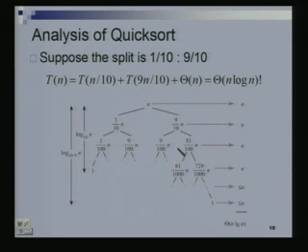Here, the fraction 9/10 of the largest will be the largest at this step, which will be this, and so on. So the largest number at every level is decreasing by a factor of 9/10. How many times can it decrease before it gets down to 1? At most log n to the base 10/9, because it's decrementing by a factor of 9/10 at every step. When it was decrementing by a half at every step, we were saying log n base 2. So if you work out the math, it will be log n to the base 10/9, right? Which is order log n. It's just a different constant times log n. So once again, the height is order log n.